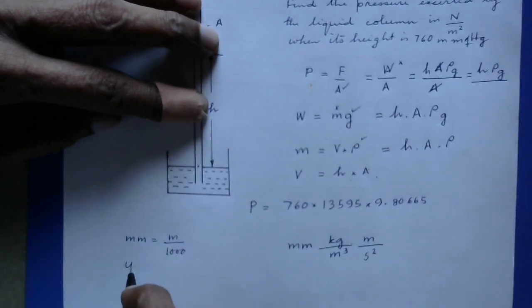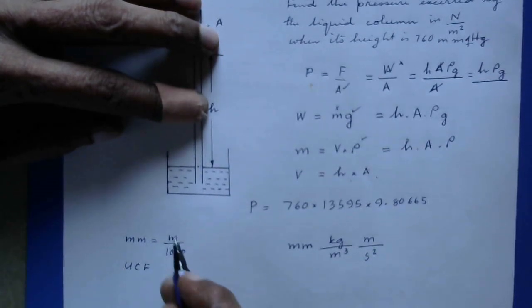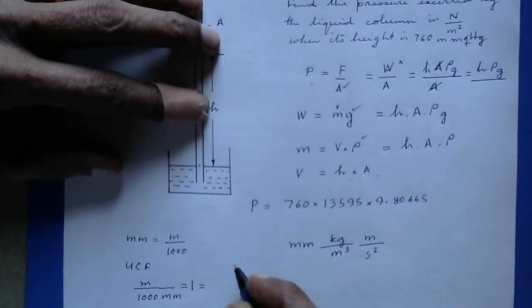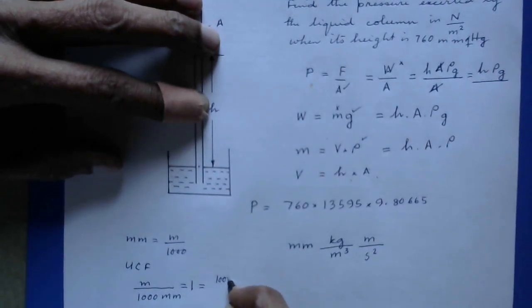So unity conversion factor is where you can write it as 1. So that is meter by 1000 mm is equal to 1. It is also equal to 1000 mm